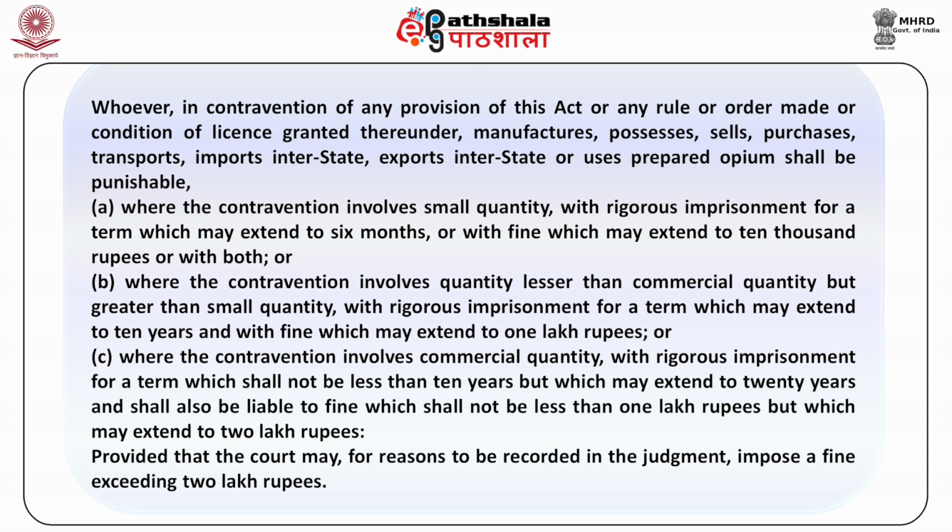Whoever, in contravention of any provision of this Act, or any rule or order made or condition of license granted thereunder, manufactures, possesses, sells, purchases, transports, imports inter-State, exports inter-State, or uses prepared opium, shall be punishable, where the contravention involves a small quantity, with rigorous imprisonment for a term which may extend to 6 months, or with fine which may extend to 10,000 rupees, or with both; or where the contravention involves quantity lesser than commercial quantity but greater than small quantity, with rigorous imprisonment for a term which may extend to 10 years and with fine which may extend to 1 lakh rupees;